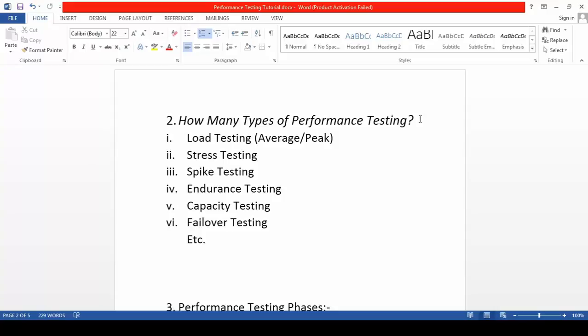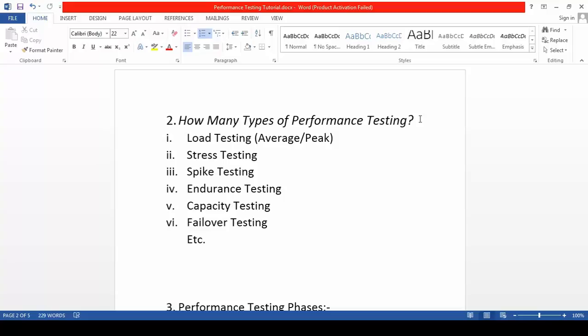Load testing is where, if you have the production data or the production log, you can analyze the production log and get an overview of how many concurrent users are hitting your application in a one-day period. In that case, we can calculate the average user load throughout one single day, or throughout any particular period of time, let it be 1 hour, 2 hours, or more than 2 hours.